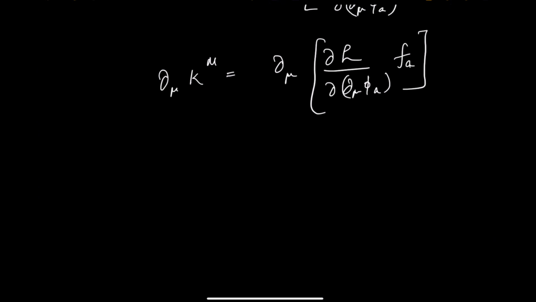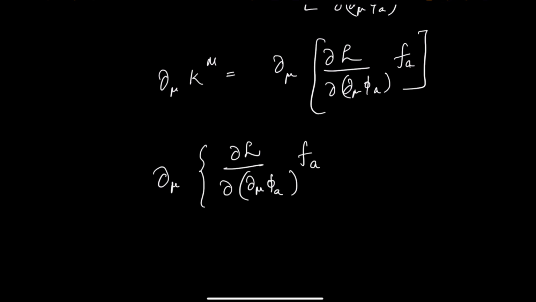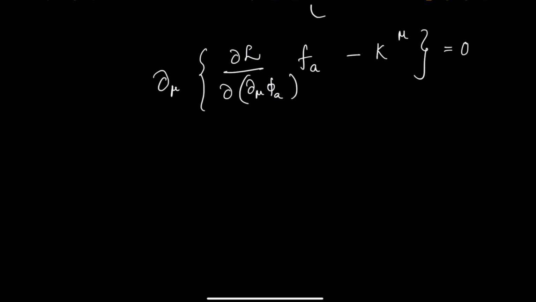Now I can rewrite this equation as ∂_μ j^μ = 0, with minus K^μ included. Now this looks like a very familiar form of equation. If I write this as j^μ, then I can write